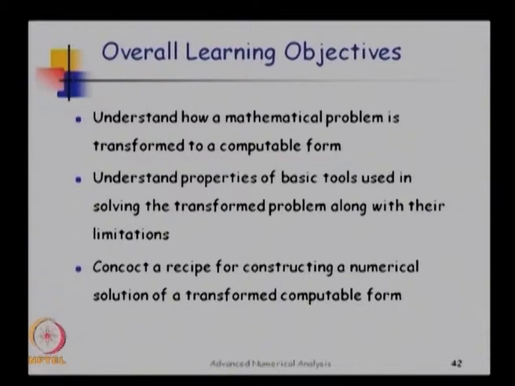Finally, what I want you to understand is that a numerical scheme is like a recipe, and you are going to be a cook who will be able to cook a recipe for a given problem. You have some fundamental tools coming from approximation theory. Use a combination of them: first use tools from approximation theory to transform the problem, then solve the transformed problem using the standard toolkits that you have. This journey is going to be fairly long.